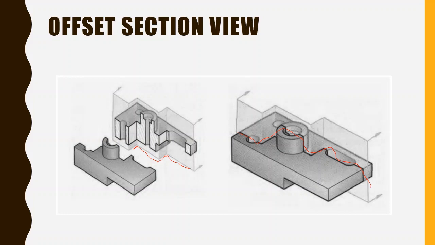So this is the main representation of offset section view, right? And then this could be your line of sight, this could be your offset section cutting plane, and these are your removable parts, right? Okay,